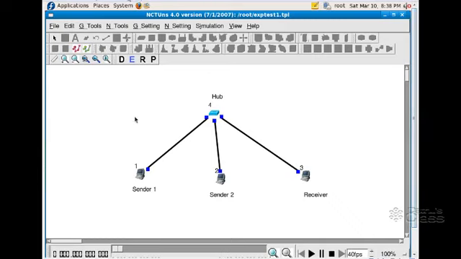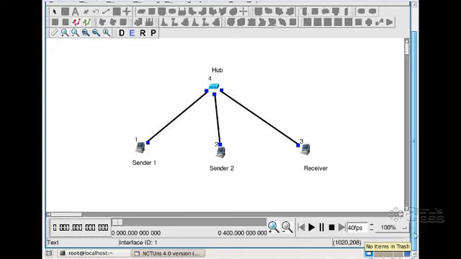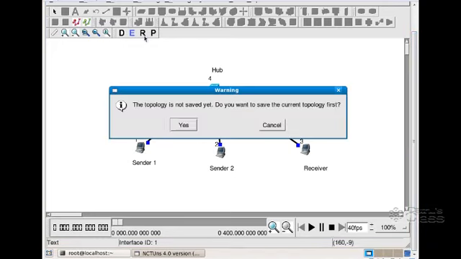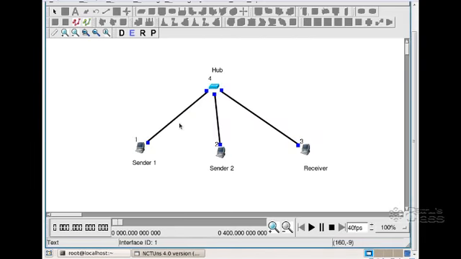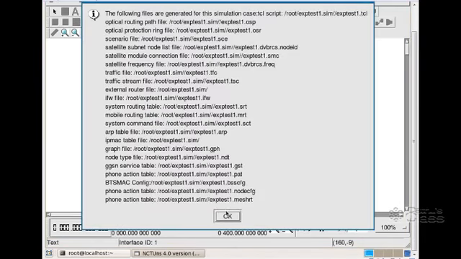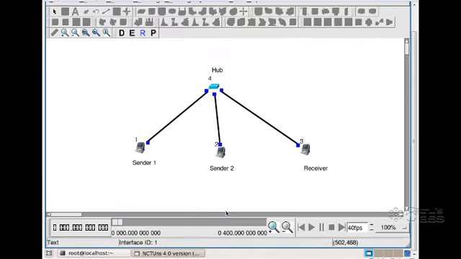As I am operating the VM, sometimes the mouse capture will be problematic. In that case, click on the right control button. So press on R. So again it will ask for saving the topology. Click on S. Number of files will be generated. So click on OK. So we are now in the run mode.